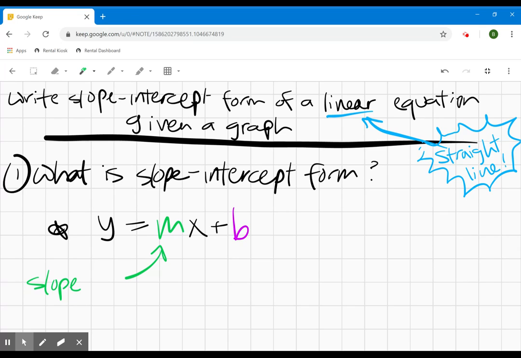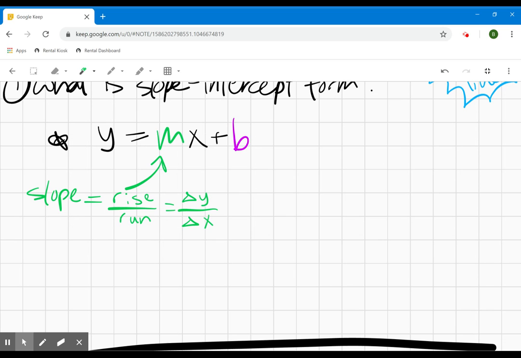Now, slope essentially means the rise over the run of your line. And you're like, what the heck does that mean? Also, you could call it the change in y over the change in x. Again, what does that mean? Okay, basically what slope means is if we go right